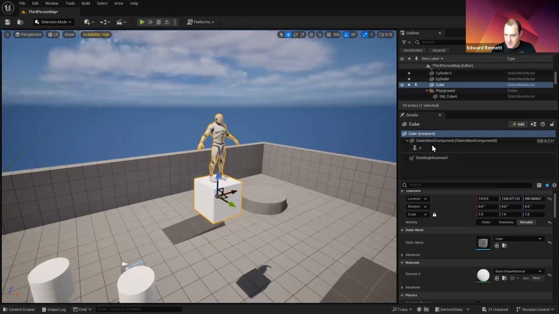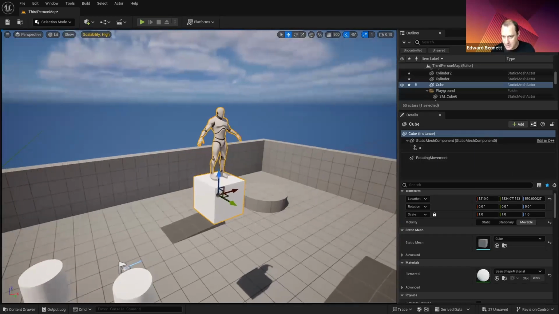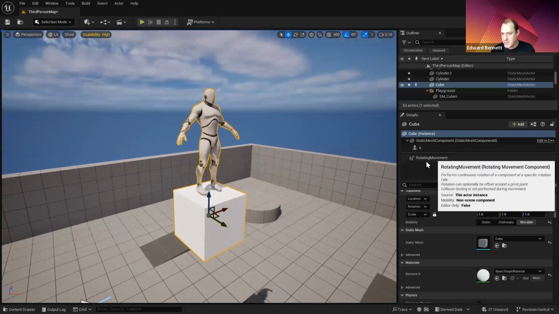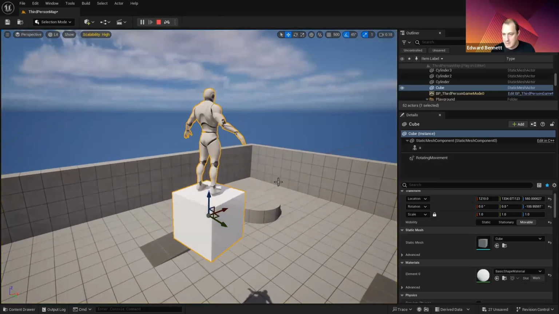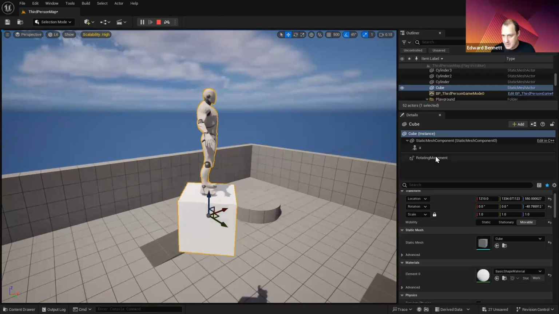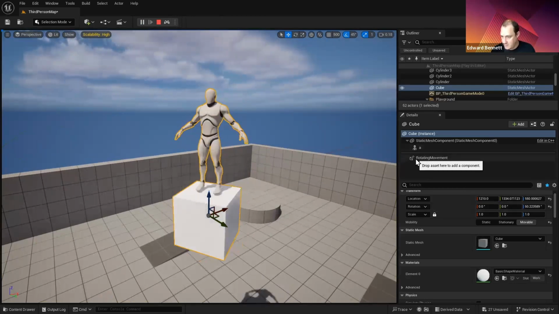So sometimes you're going to need to select components in order to change stuff. You'd often do these within blueprints, but it's important to see how it looks. So we've got the overall actor, which has a component of a static mesh component, and it also has a component of a skeletal mesh component that I've just added to it. Now the final one is the rotating movement. Now if I was to simulate, you'd see that this rotates. And that's because this is a component which adds rotating functionality